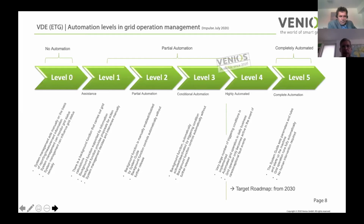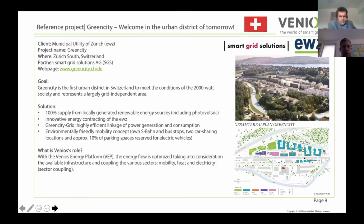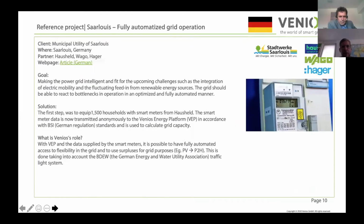If you want to see what level 4 automation basically looks like, this is possible today. If you want to travel to Switzerland, a really nice place, Zurich, we do have a part of the grid of the Elektrizitätswerke Zurich, where we have a highly integrated, highly automated infrastructure. And also, if you want to stay in Germany, we do have a project in Saarlouis, and this is pretty interesting because in Saarlouis we also have a 100% smart meter rollout. So every smart meter is connected to dark fiber. Every grid asset is connected to dark fiber, and we do have a real-time